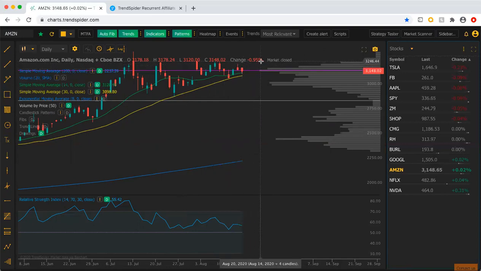The area I'd look for to break out is 3250, which is, of course, 100 points away. But I would think if we could get over that 3200 level, we're going to see that level that I just stated, 3240, 3250. So watch for